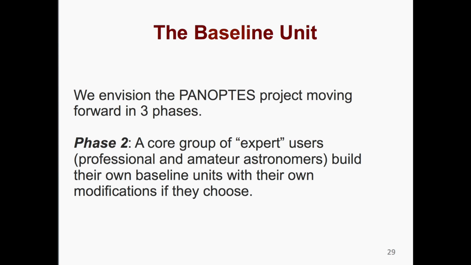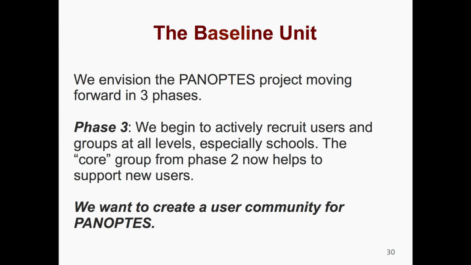And so these users are what we consider expert users, people who come in with at least a little bit of knowledge about astronomy, mounts, astrophotography, whatever it might be. Once we have that sort of core group of expert users, we then move on to phase 3, which is on the next slide, where we begin to actively recruit a much, much larger pool of users. And we're very interested in getting schools involved, because we think that building a unit, a PANOPTES unit,